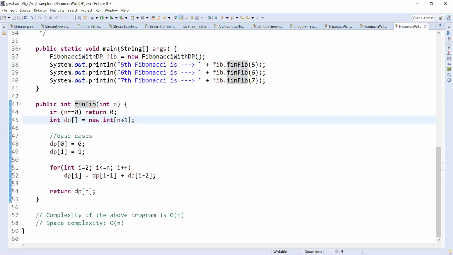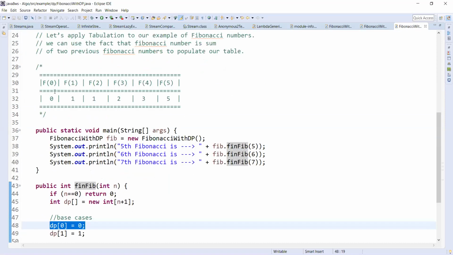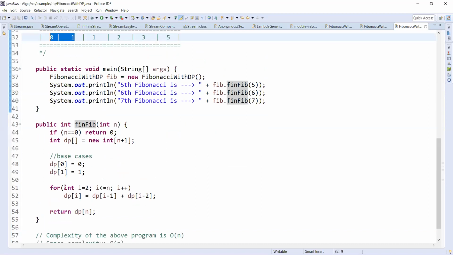Here this is the one-dimensional table to store the sub problems results. So int dp is new int of n plus 1. In the base cases, we need to fill the data first: dp of 0 is 0 and dp of 1 is 1.